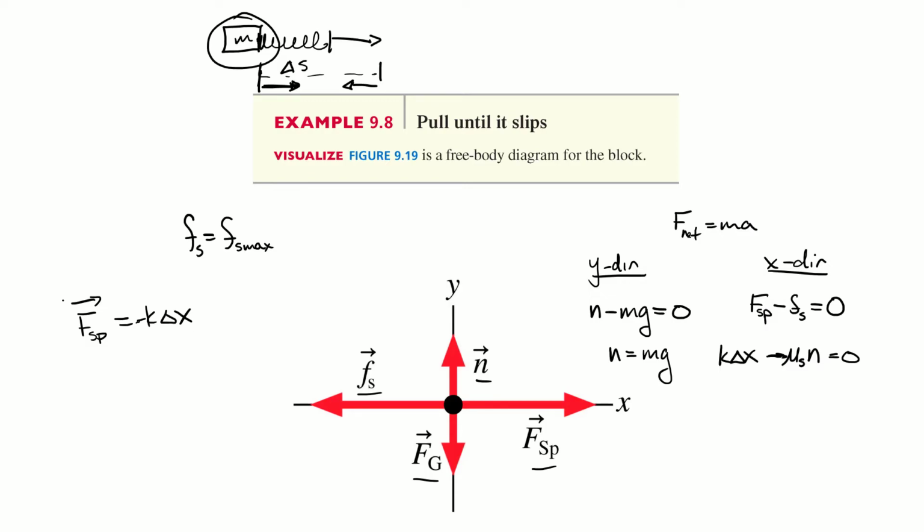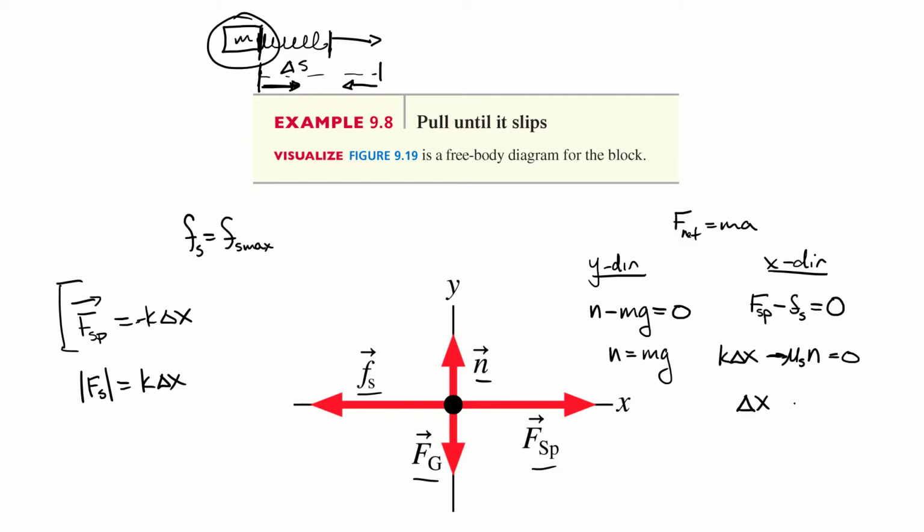So one of the ways I recommend when you're first starting to think about forces on the spring is think about the magnitude of the force on the spring. And it's just going to be K times delta X. And then think of what side of the spring, how is it pulling? Is it stretched and pulling me to the right? Is it compressed, pushing me to the left? But think about what end of the spring you're talking about, and get the direction from there and use that to get the sign.